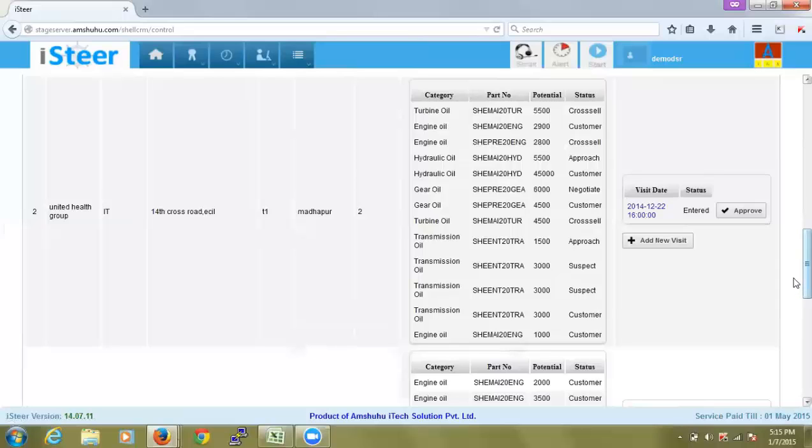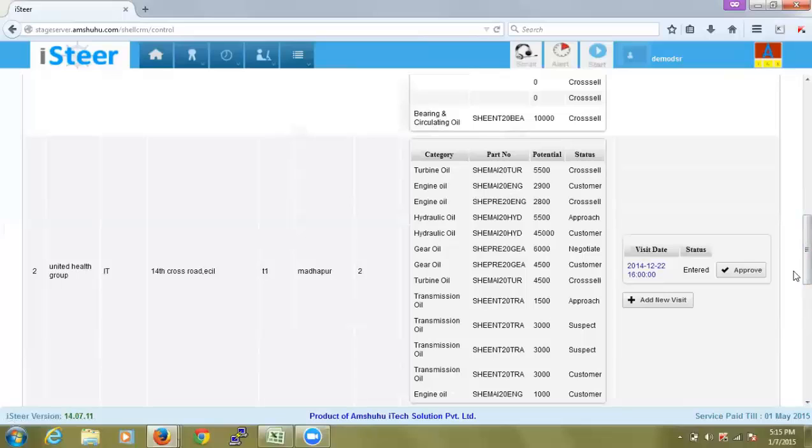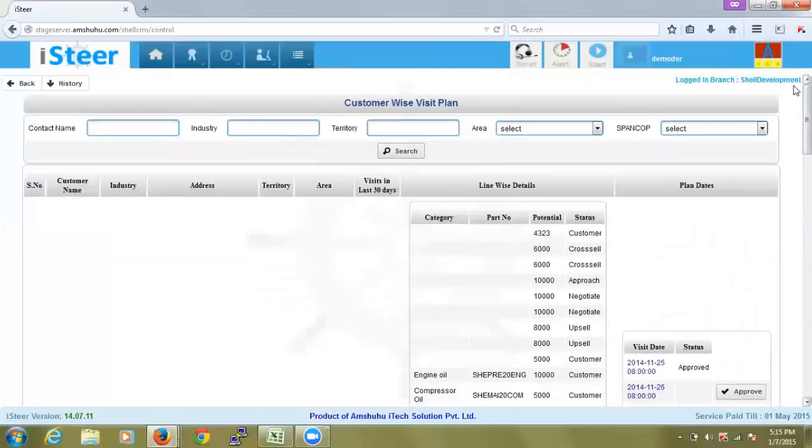So it is very easy for the DSR to enter a visit. He can group the customers based on the area and plan visits accordingly.